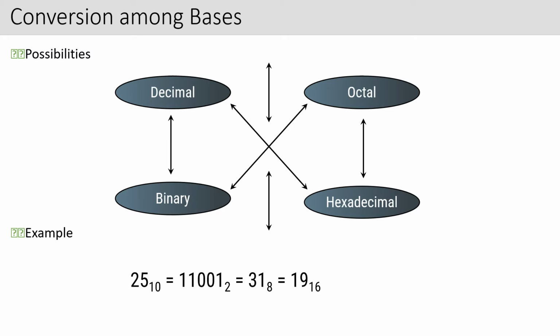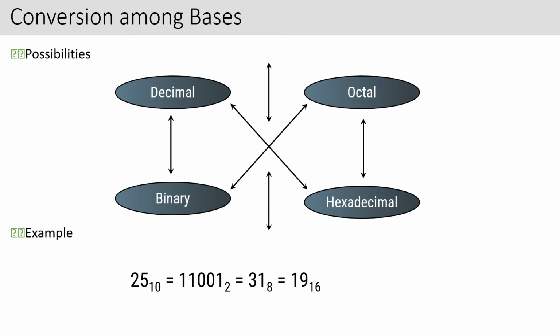Okay. For example, if you talk about 25, now, 25 to the base 10, if you write, that means this is representing a decimal number system. Now, just keep one thing in mind. Like if you talk about, say, 31 or 19. Now, if you see 31, 19, 31 is also a decimal number, 19 is also a decimal number, 25 is also a decimal number.